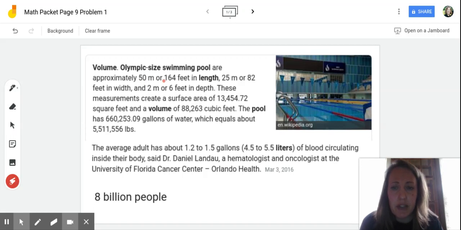And it gives you the dimensions, about 164 feet by 82 feet by 6 feet deep. Then it gives you the surface area, the volume in cubic feet, and the volume in gallons of water, which is what we're actually talking about here. There's a whole bunch of information given, but we really just need this piece,